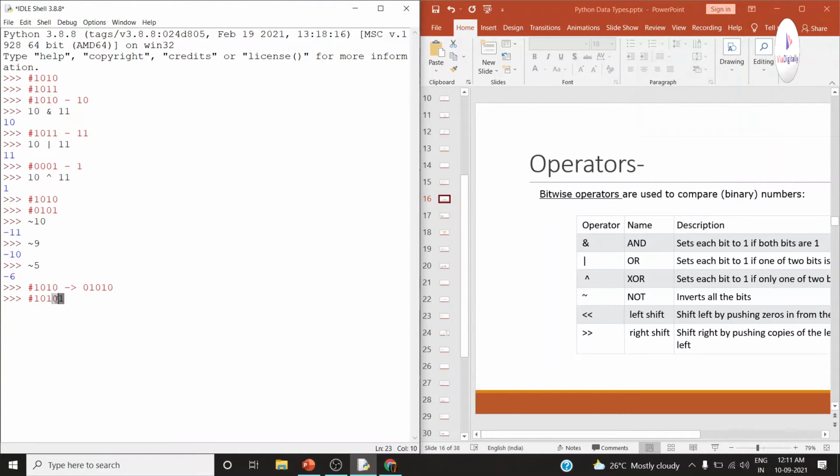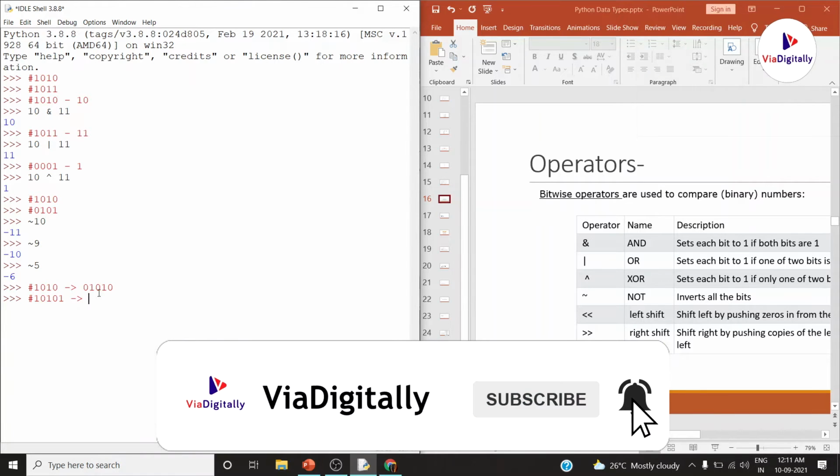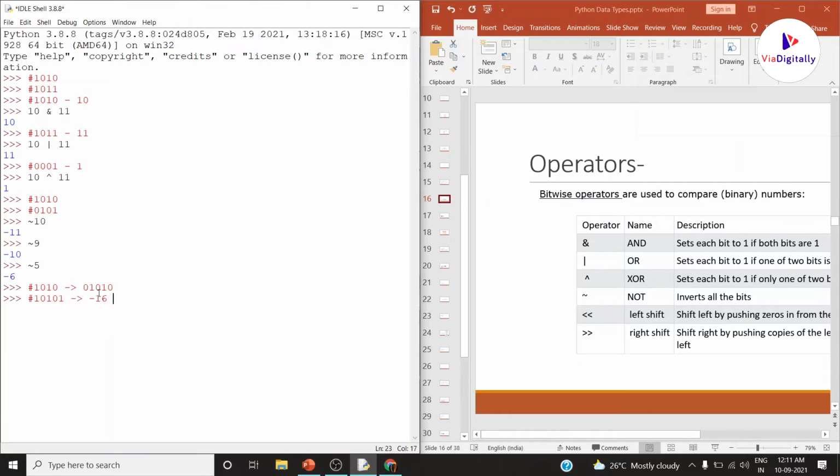This is represented with the first sign bit as 1, right? Then what will the value be? It is going to be minus 11. We get negative numbers as I discussed in 2's complement form. Since this sign bit is 1, the corresponding weights will be minus 16 plus 4 and plus 1. What is the value now? Minus 16 plus 5. You are going to get minus 11 as your answer. Are you satisfied with the solution?